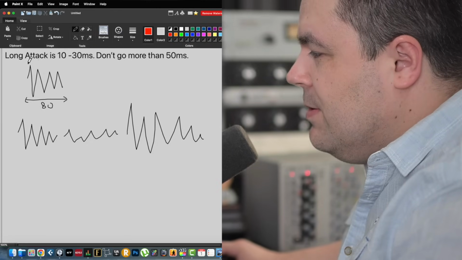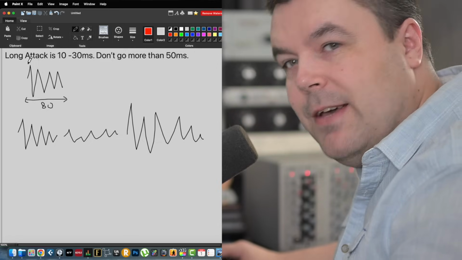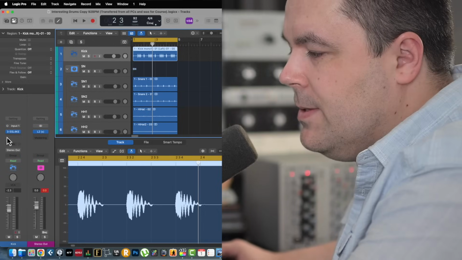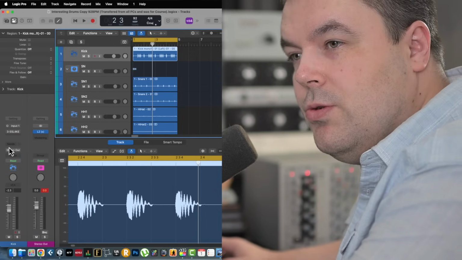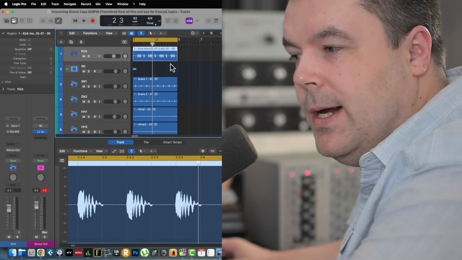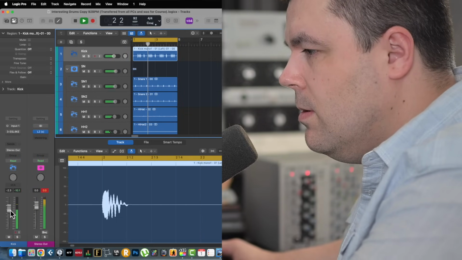If you imagine in the first case, your let's say long attack, let's say 60-70 milliseconds, this kick sounds like, in a mix it sounds like inaudible. You want more punch. I disengage SSL compressor and EQ from this kick. Listen to how unclear this kick drum sounds. Sometimes you hear it, sometimes not, especially when it sounds at the same time with the bass. Kick drum sounds, instead of like kick, kick, kick, kick, it sounds more like